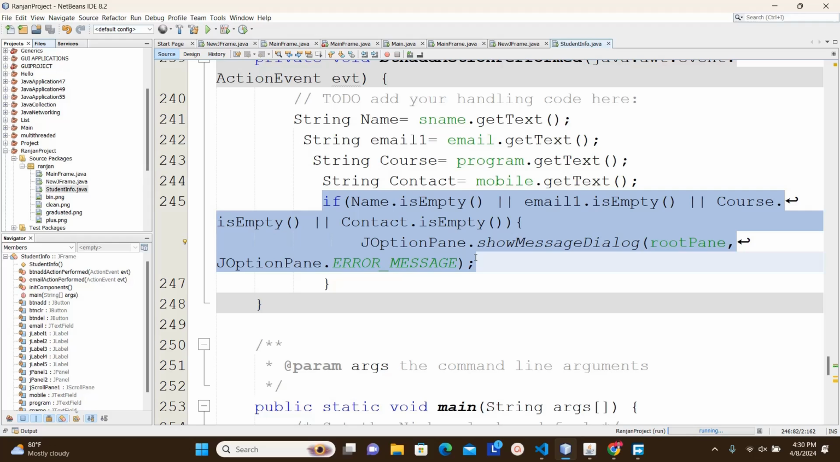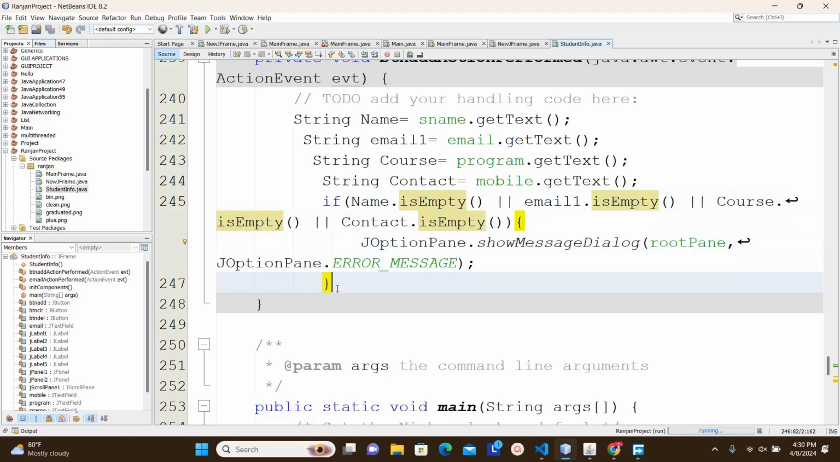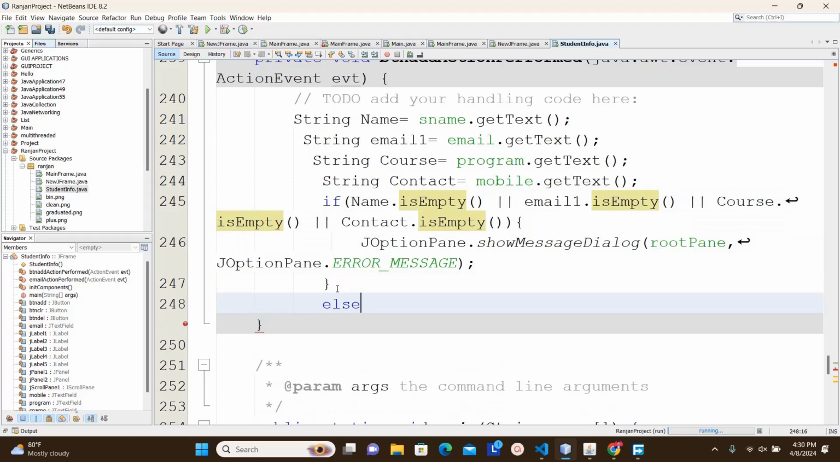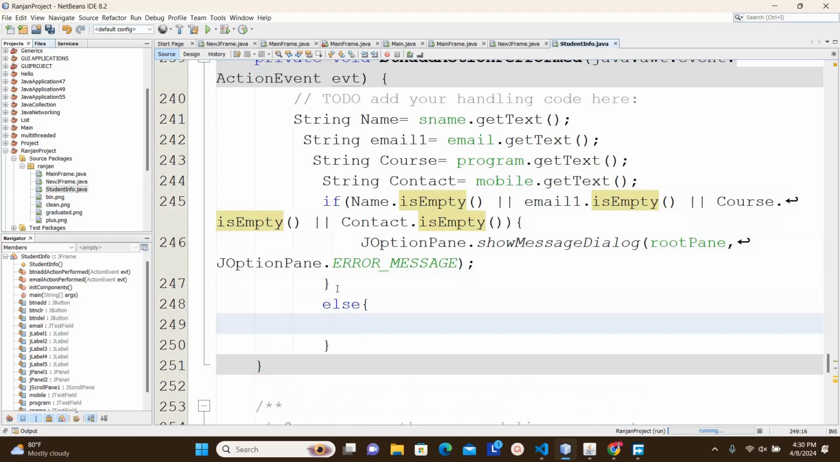If the fields are not empty, what does that mean? The records are there, we need to store them into the table. Now I'm going to write the else here. Now we need to take that one to a table that we created. For that, we are going to make use of a built-in class name called default table